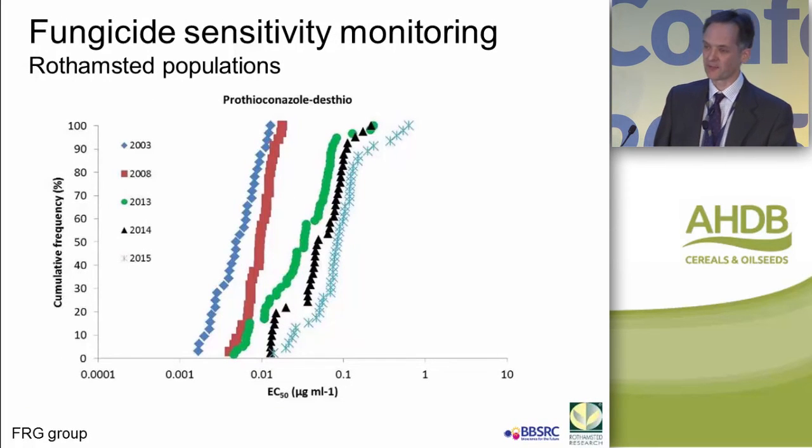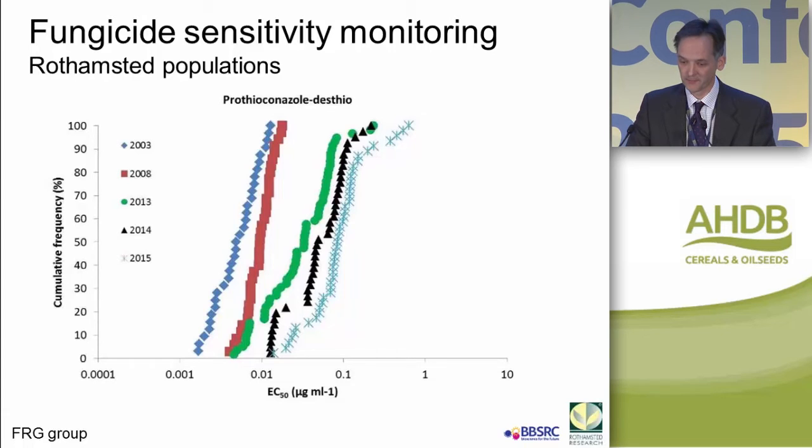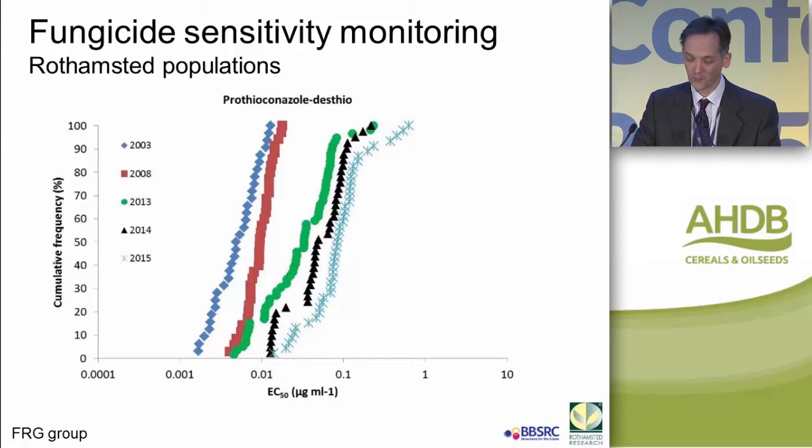And this, I should say, fits very closely with what fungicide resistance monitoring has shown. This is courtesy of Bart Fry at Rothamsted, and for those of you that are familiar with these, effectively each line here represents a single year, and all the dots along that line represent the sensitivity of each isolate that was tested. The lines all shift from left to right, showing that the population as a whole is generally becoming less sensitive to, in this case, prothioconazole. But I'm not going to run you through all of the different curves because they all look very similar. We're seeing exactly the same with epoxy and with other azoles generally.